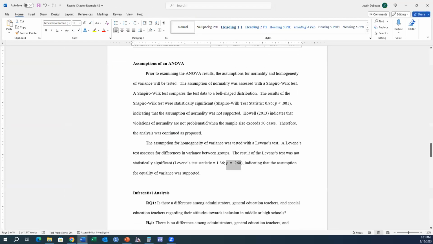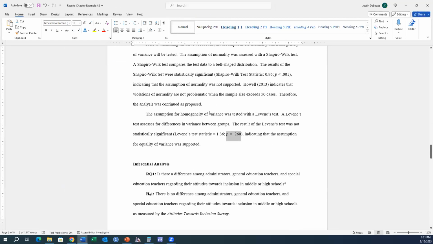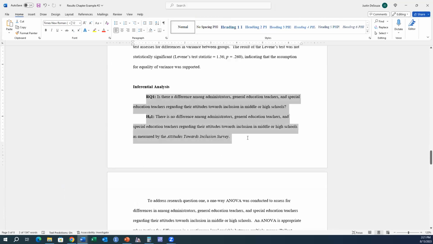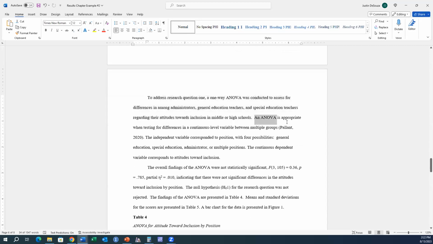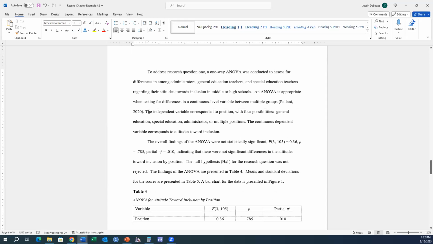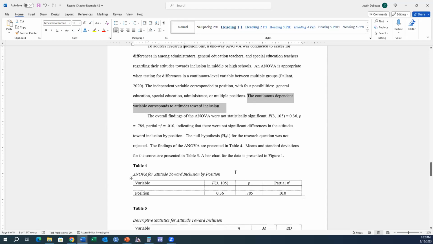Okay, so going back to the first example, the one with an ANOVA, we have our research question and hypothesis presented here. We specify what the ANOVA was conducted for. We give a definition of an ANOVA here, which may not be necessary. You might have that in your methodology already. Then you give a definition of your independent variables and your dependent variable, and then you present the findings of